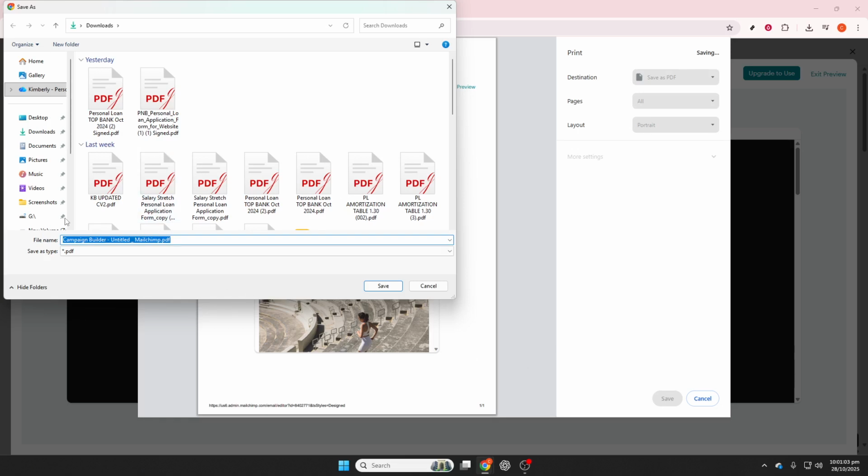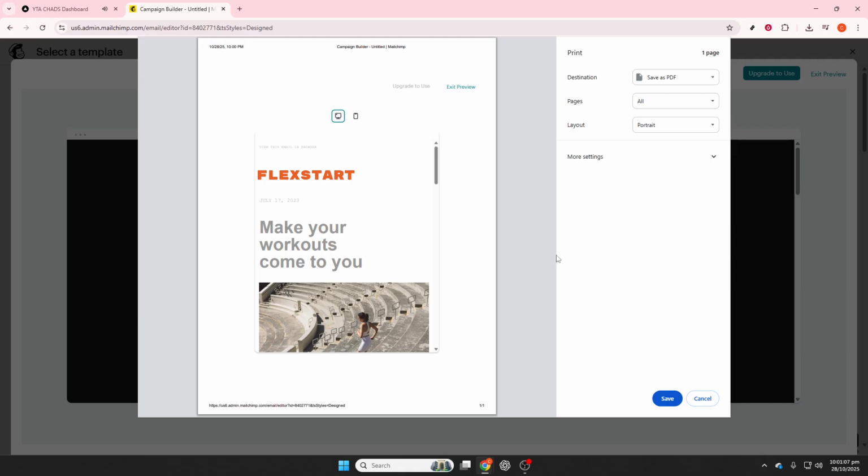You'll be prompted to name your file. A good practice is to choose a name that reflects the campaign and the date, such as Mailchimp Campaign October 2025 PDF. Finally, hit Save once more and choose where you'd like to store this file on your computer. And there you have it. You've successfully exported your mail